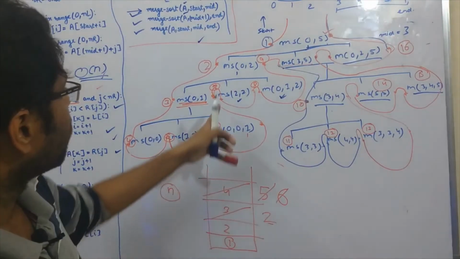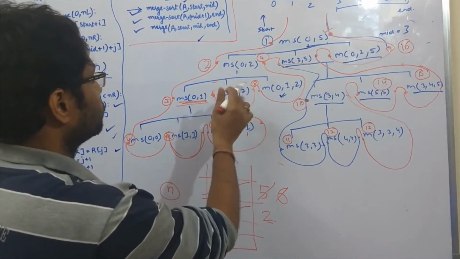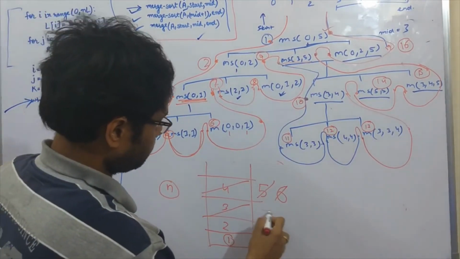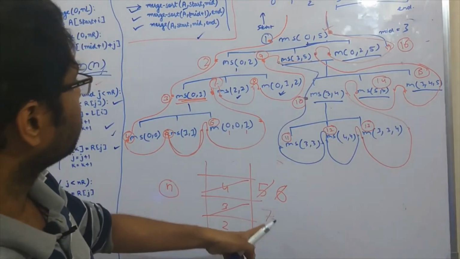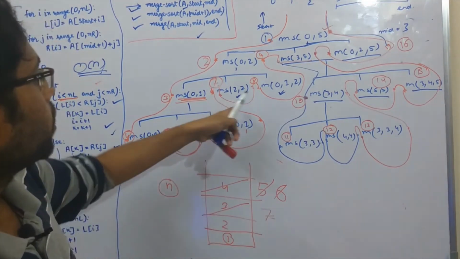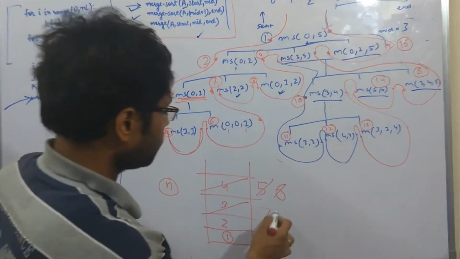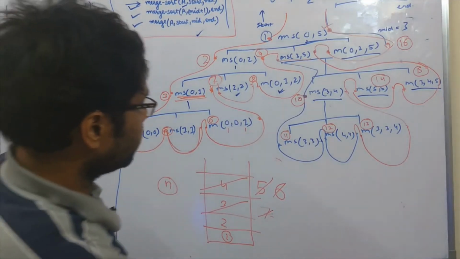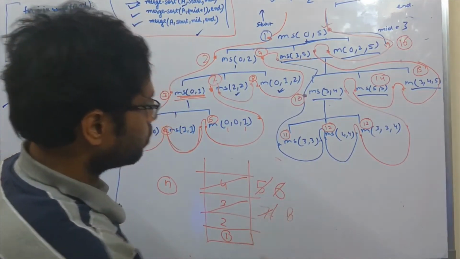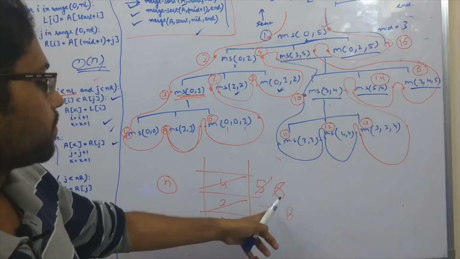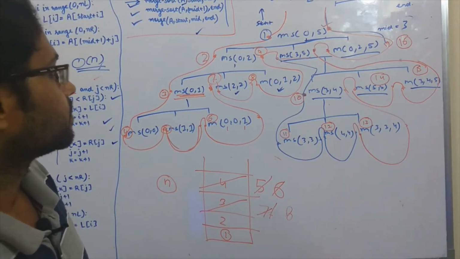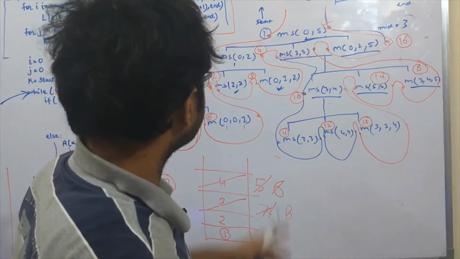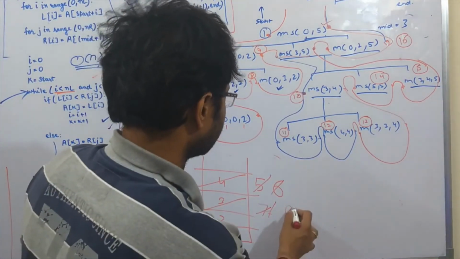Sorry, I misunderstood. This is 7. So the 7 will be pushed in, and after some time the 7 will also be popped out. Now the next function is 8. The 8th will occupy this space only, as we have nothing in that spot. Now the 8th is also finished.